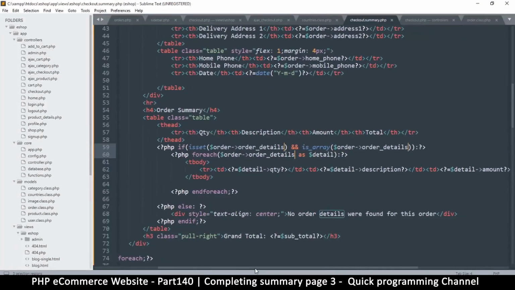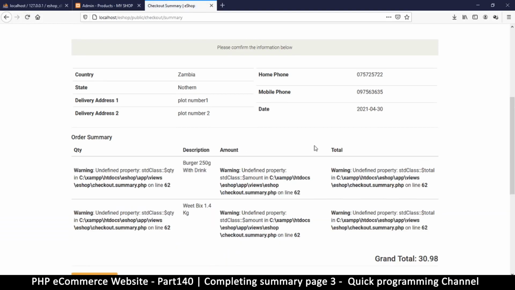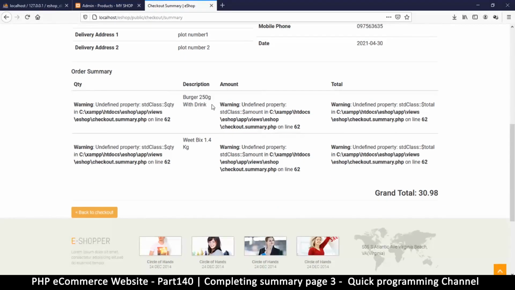If is set and is array. Actually, we don't need the order here. We just need order details as it is. So let me get all that and remove. I think then we're going to have to see some errors now. Okay, very good, very good. So at least we know we have two items here, even though we have errors. So what's missing here? Undefined property,